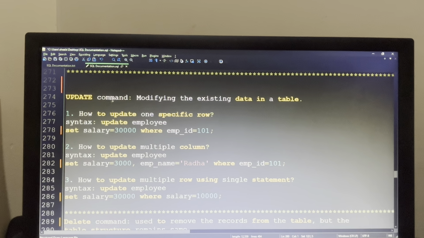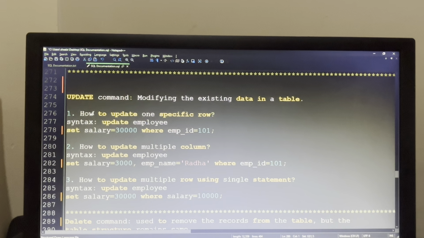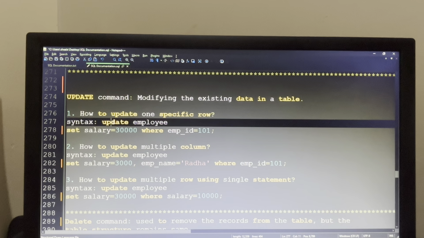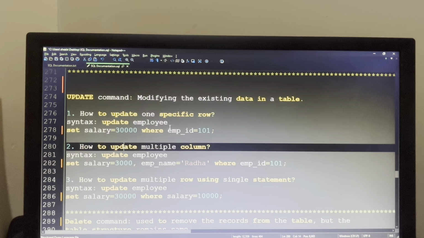So you all know the update command is used to modify the existing data in a table. So you are going to change the data in a table. You're not going to insert new data, which is done by the insert command. Here you are just going to modify or update the record. Now let's see how to update one specific row. For this you need to write the update keyword. For insert you write the insert command, here